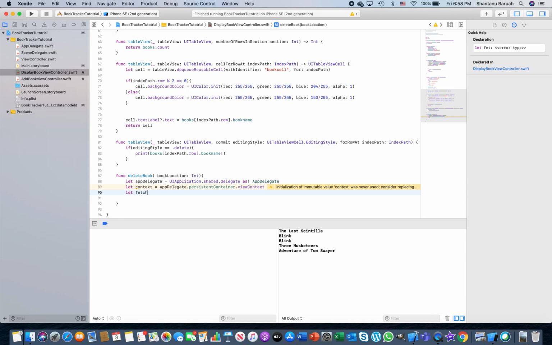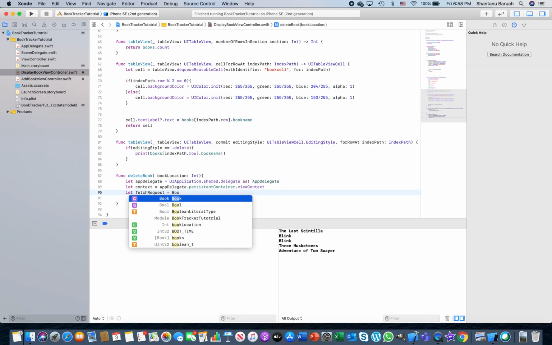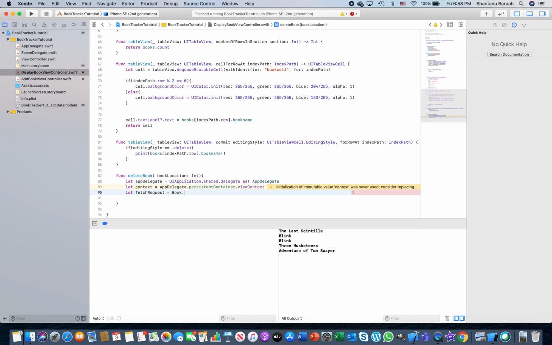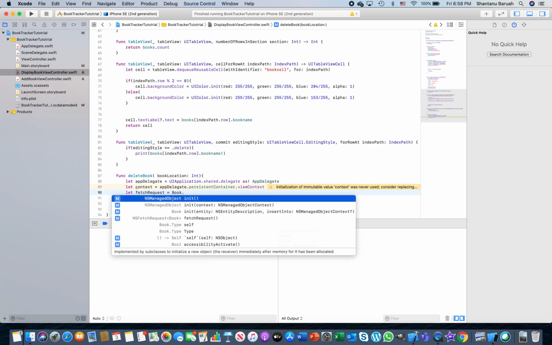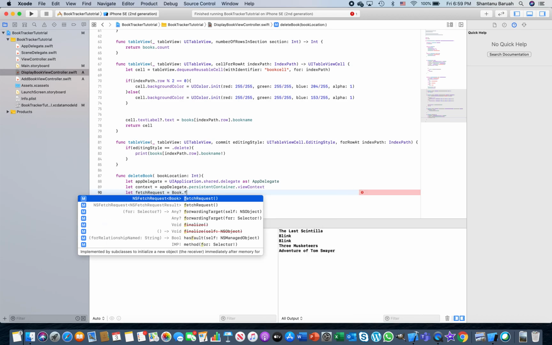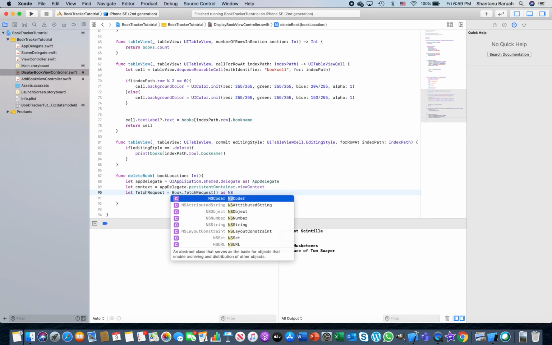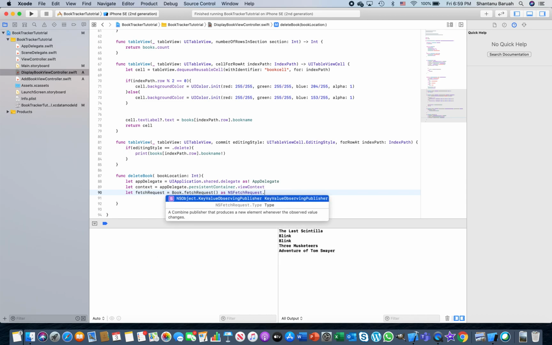Fetch request. Let's define a query variable, fetchRequest, and we say that fetchRequest equals, which entity do you want to fetch from? The book entity, if you recall, that's the name you have given, and I'll show it a little bit later. So you say fetchRequest equals Book.fetchRequest, and you have to say this is of type NSFetchRequest,